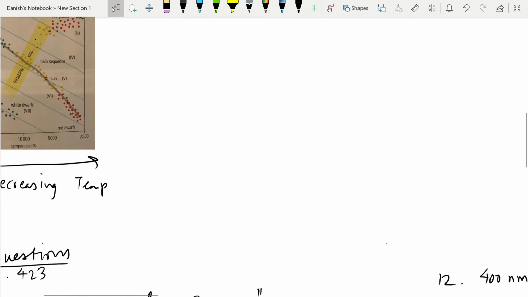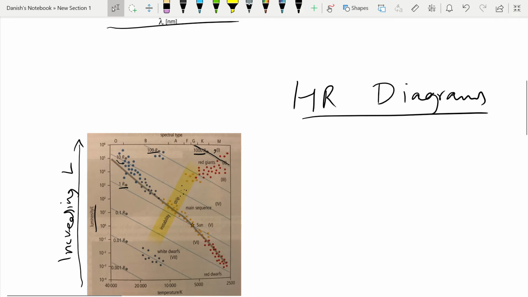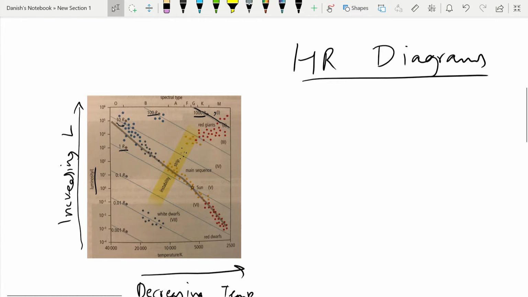So I'll just go to my HR diagram right here, and let's see. Okay, so the first one it asks me for is Beta Pictoris A5V,